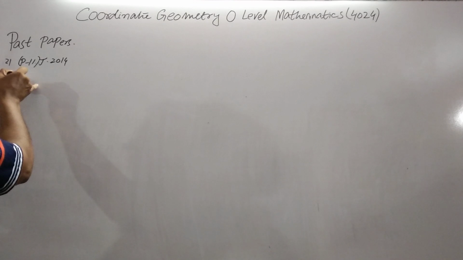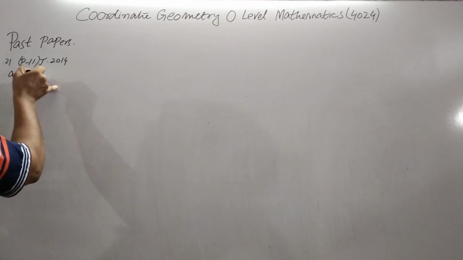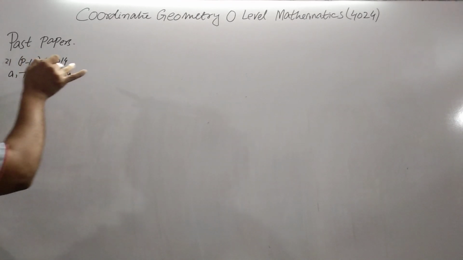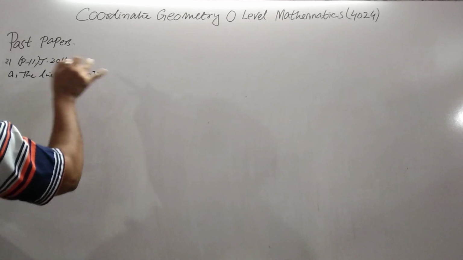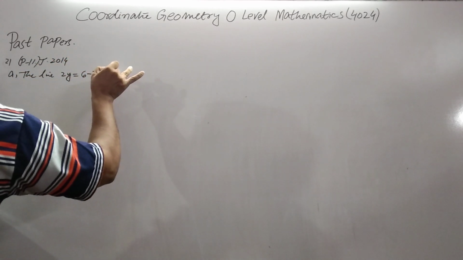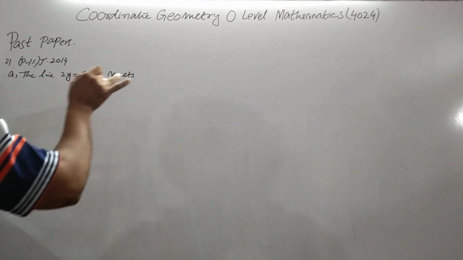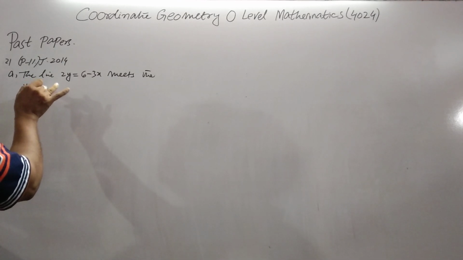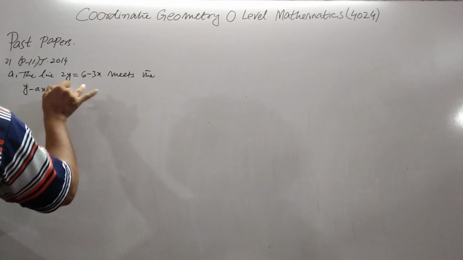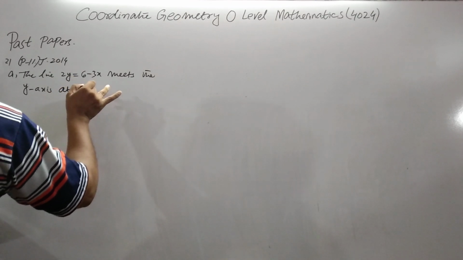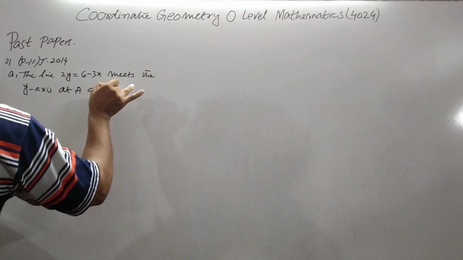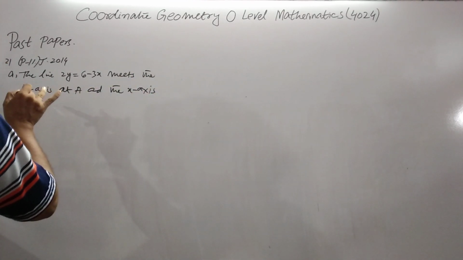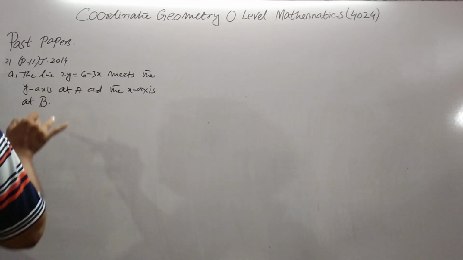The question, part A: the line 2y equals 6 minus 3x meets the y-axis at A and the x-axis at B. Write down